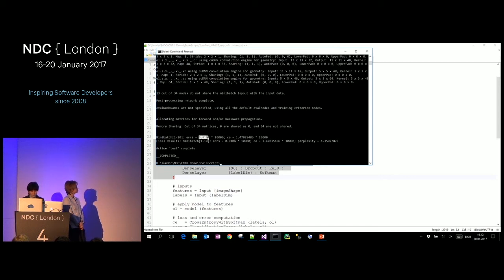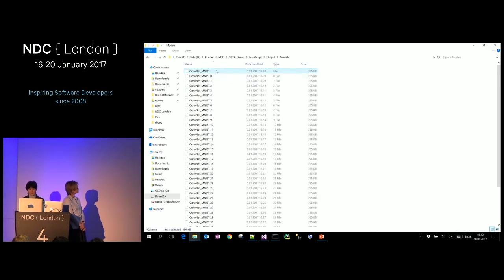What I'm interested in here is this. I didn't train it long enough, or it's not a very complicated network, so it gives me about 0.9% error. Not so good, but good enough for a demo. My network is actually stored as a file. It's that one. It's 395 kilobytes. So now I will build a C# application, or I have it built, I will show you, which loads these networks and calls them with the CNTK framework.